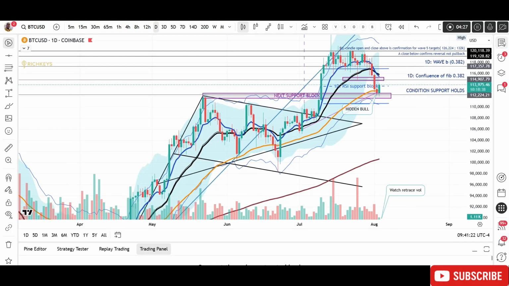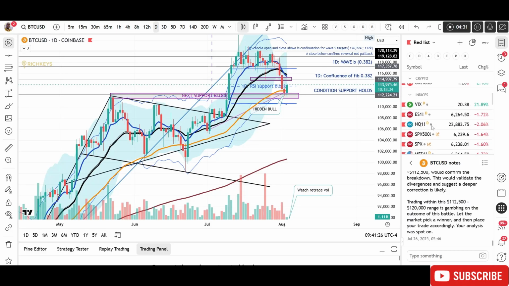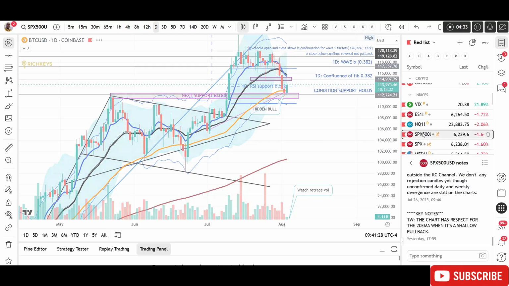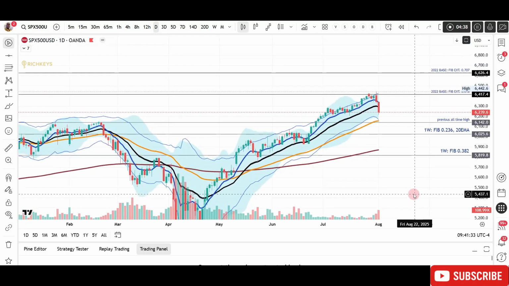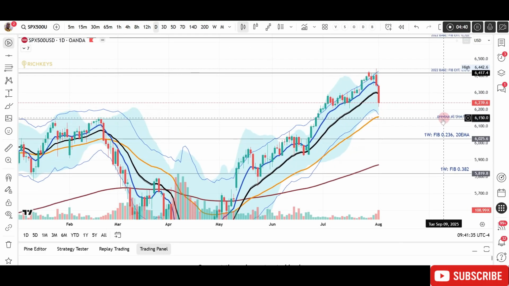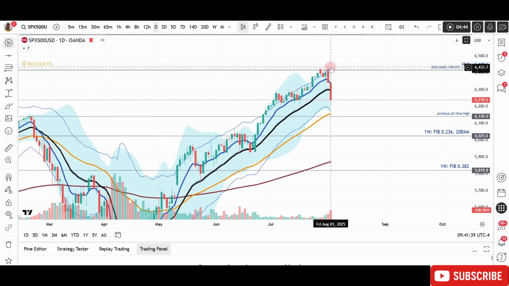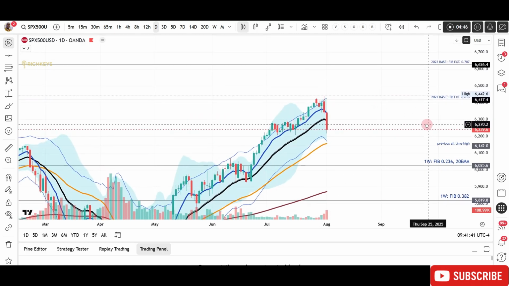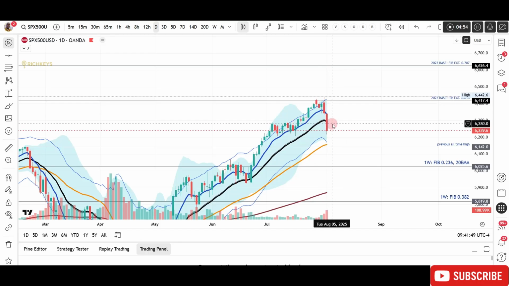Let's quickly look at NASDAQ and XPX, and then we can wrap it up from there. So with XPX, we did exactly as we expected last week, that we're going to have a capitulation candle that has occurred at the Fib extension level, 62,442. Our liquidity is being cleaned up here. And now we have this bearish engulfing candle on the daily, closing below the 21.